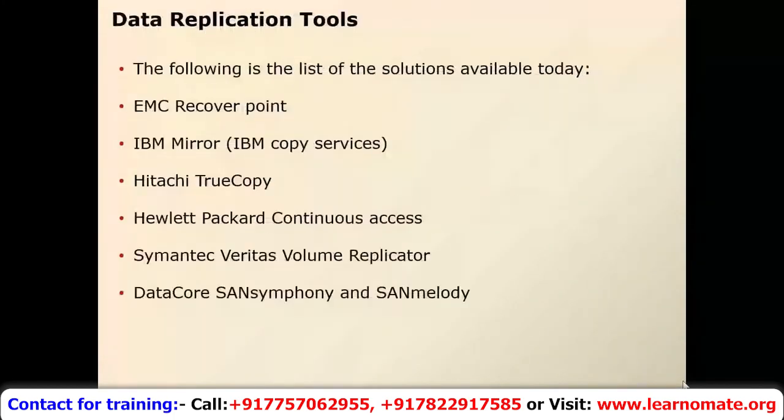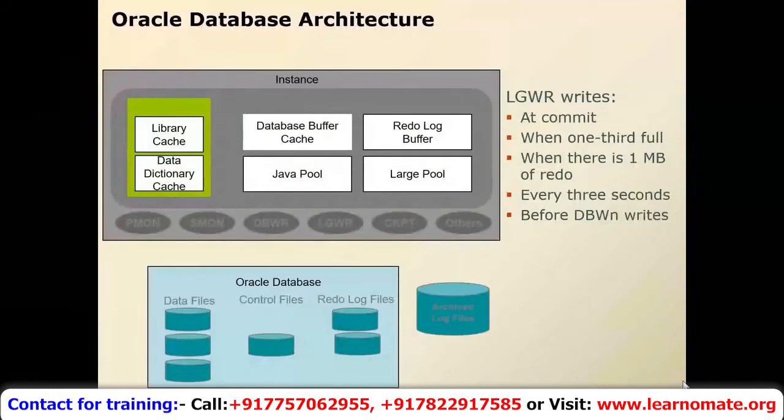And you said that GoldenGate only captures the committed transactions from the redo log file. So since the redo log file has both uncommitted and committed transactions,